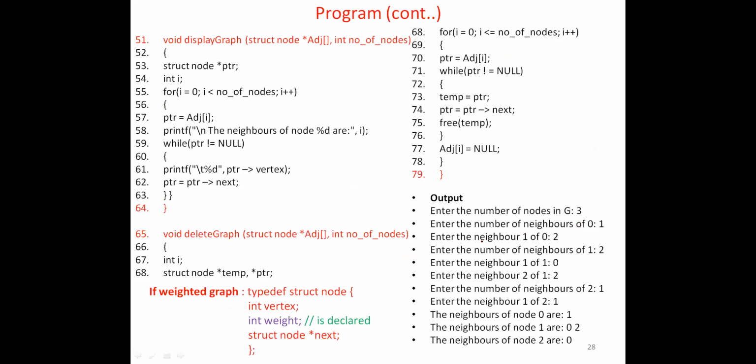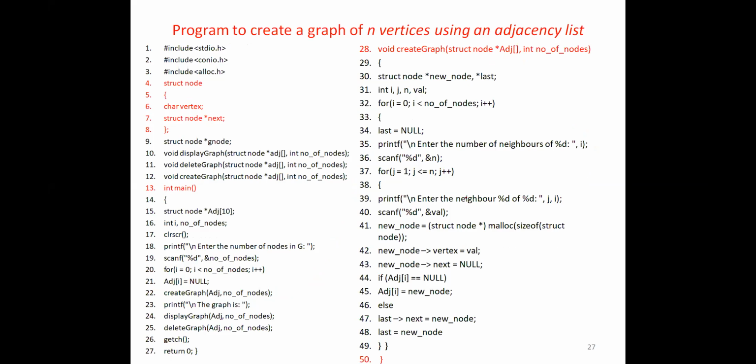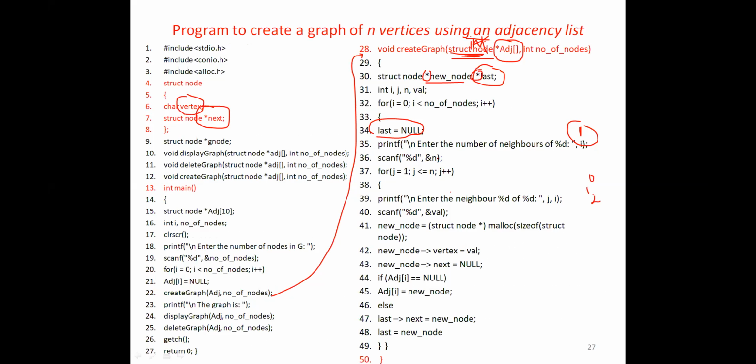I mean the output: Enter the neighbor 1 of 0. It should be like the first neighbor of 0. I am telling that it is 2. 0 is connected to vertex 2. That's what it means. So we know that we said 1. So the value is 1. N is 1. So here we are taking input 1, right? You're taking input as 1.